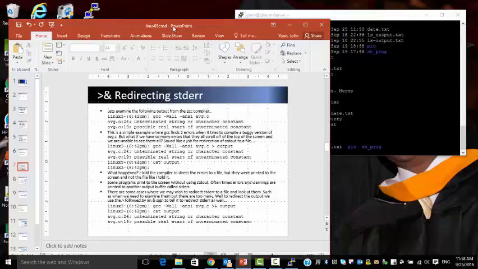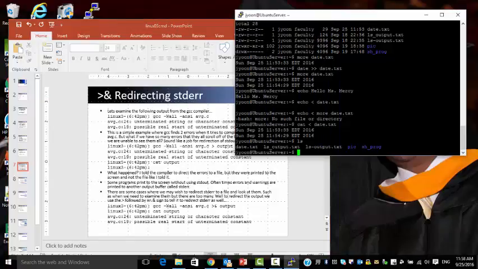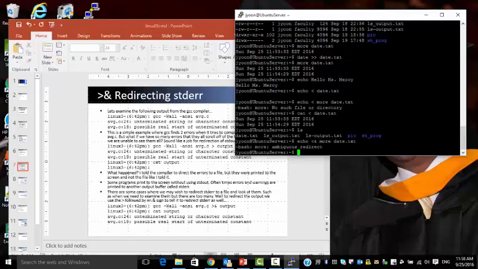Standard error. Anything that might have an error, then you can say like this. So I have an error somewhere here, right? So like this, then you can say error. Oops. If there are any errors, then that error is